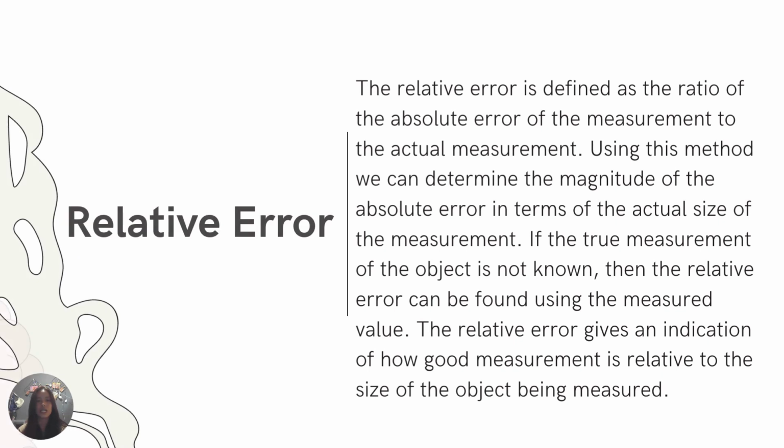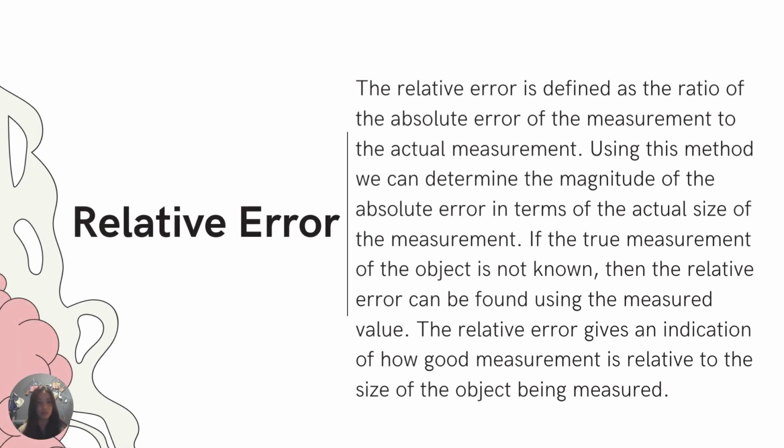And relative error. The relative error is defined as the ratio of the absolute error of the measurement to the actual measurement. Using this method, we can determine the magnitude of the absolute error in terms of the actual size of the measurement. If the true measurement of the object is not known, then the relative error can be found using the measured value. The relative error gives an indication of how good a measurement is relative to the size of the object being measured. For example, find the absolute and relative errors of the approximation